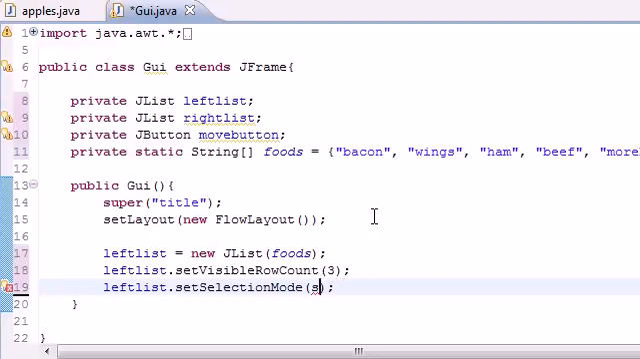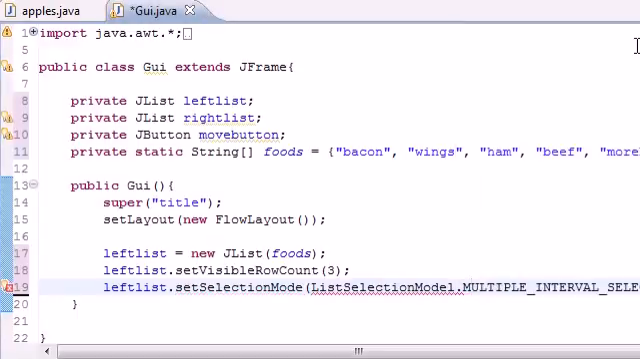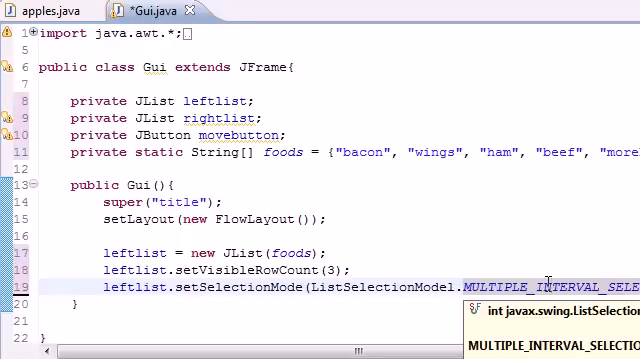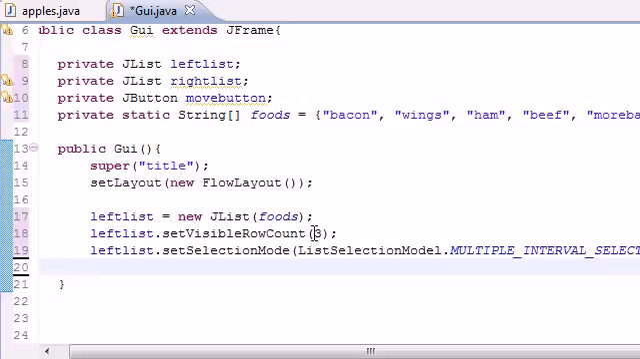And our selection mode, unlike before, is going to be list selection model dot multiple interval selection. What this means is, unlike last time where you could only select one thing at a time, with multiple interval selection, using the control and shift keys on your keyboard, you can select multiple items at a time. So now the last thing we need to do to our left list is add it to